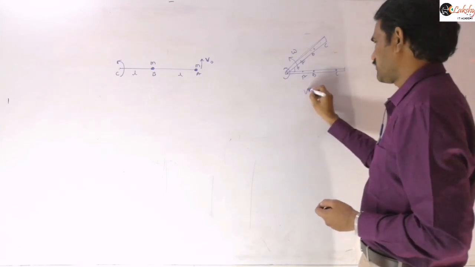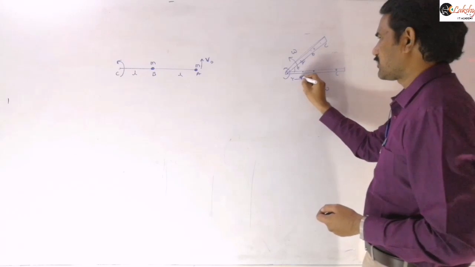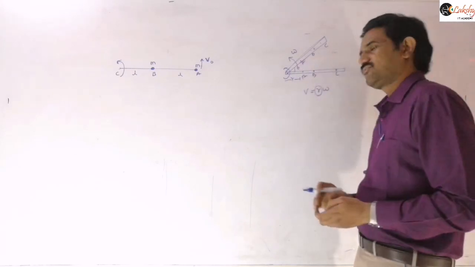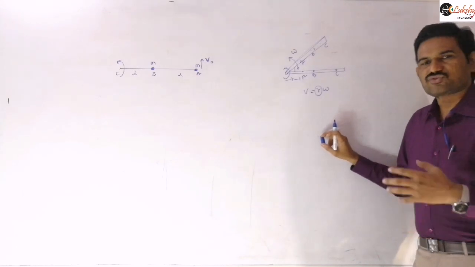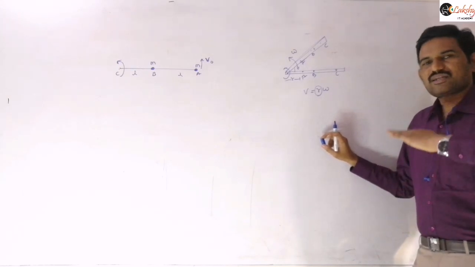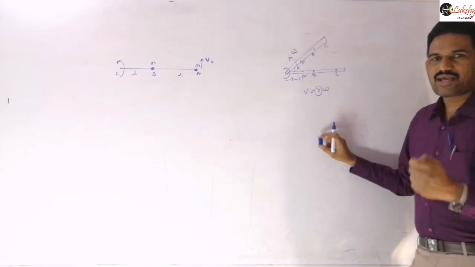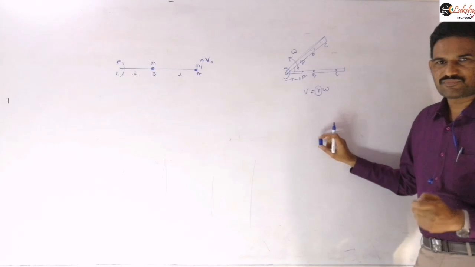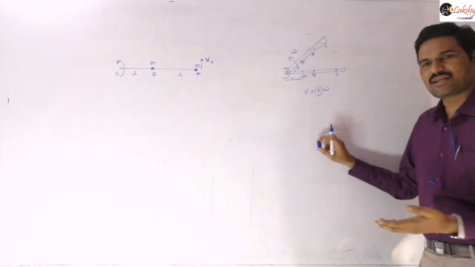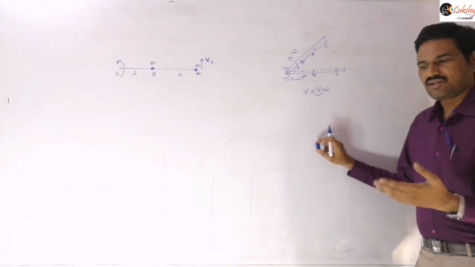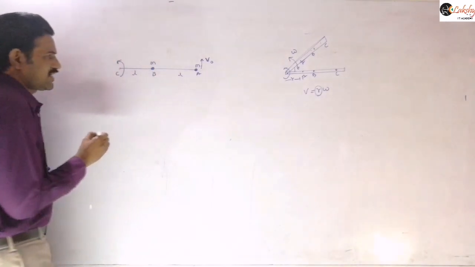The linear velocity will be different, because we need to write v equals r omega. So r is different for different particles here. The distance of A is different from the axis of rotation, and the distance of B is different from the axis of rotation. Because of that, different particles will possess different speeds, but the angular velocity will remain the same. Is it clear? And similarly here also. So first, based on that, you may calculate the angular velocity of the system, and in terms of angular velocity, now I can write here.